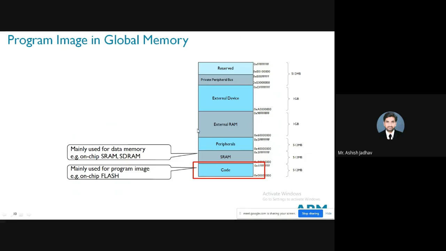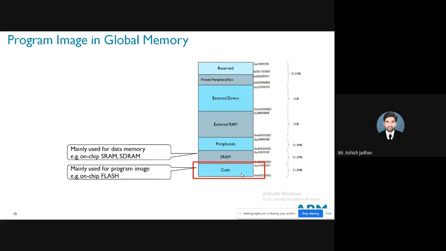Program memory map, right? In a Cortex M3 we have around 4 GB memory available. In that available 4 GB memory, we have 512 MB reserved for code region. Then we have 512 MB assigned for SRAM.